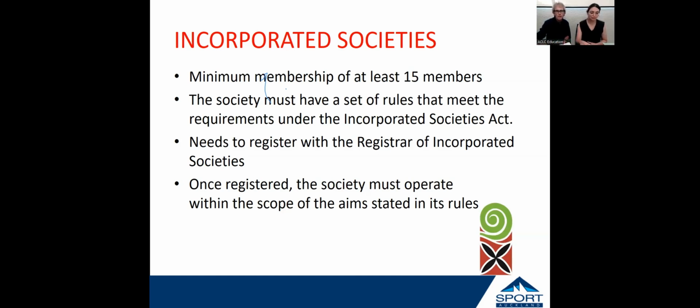Yeah, and we'll touch on what's going to happen for older societies with the new Act as well, because there are going to be some changes, and rules might need to be updated to be compliant with the new Act. The main things the rules need to cover are the objects of the society, how a person becomes and stops being a member, how general meetings are going to be called and held, how voting is going to take place at those meetings, how the officers of the society are going to be appointed,